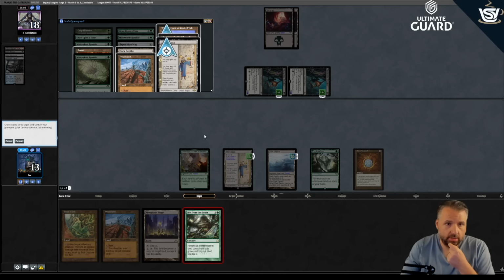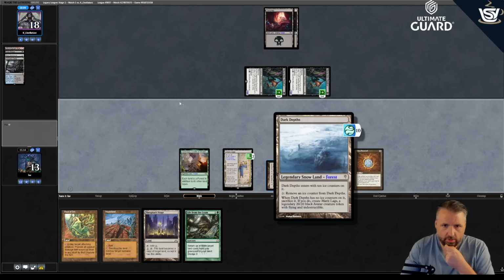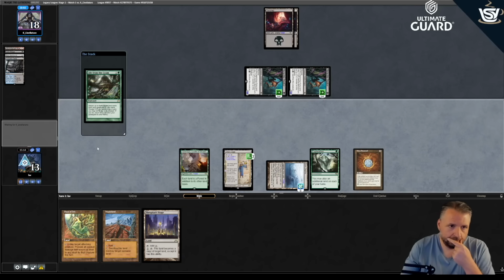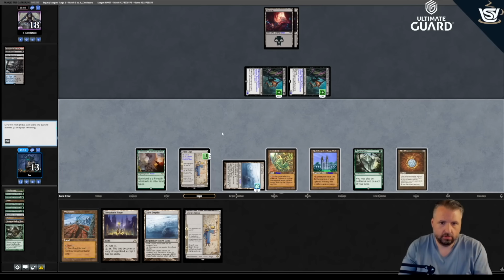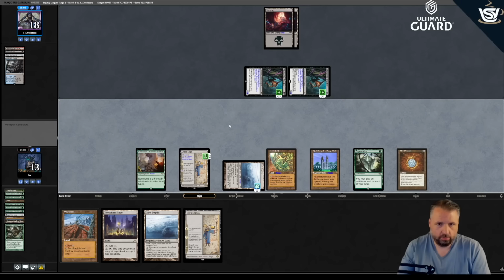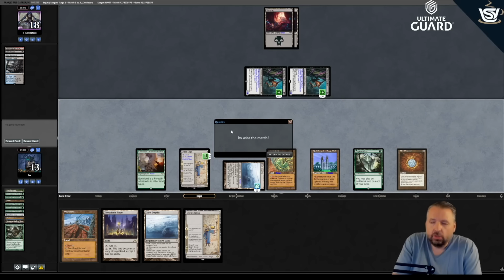Tabernacle. And second Depths or Wasteland. I'll just take the Depths, I think. Pay 1. Play Maze. Play Tabernacle. Pass the turn. My plan basically is, and it worked, I